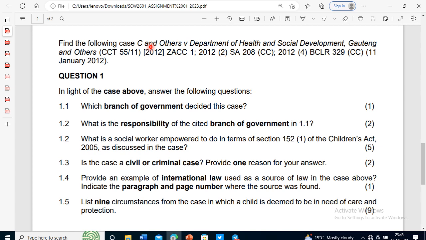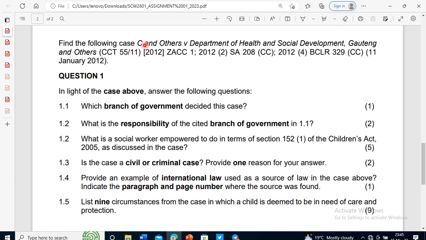Whenever you see a case, and even if they ask you to summarize a case, summarizing is a method we use to understand a case. You need to check the subtitles. Always check for the heading Background, because the background is going to explain this case to you. Who's the defendant and who's the plaintiff? Why are they taking each other to court? What was the argument? What was the court a quo?